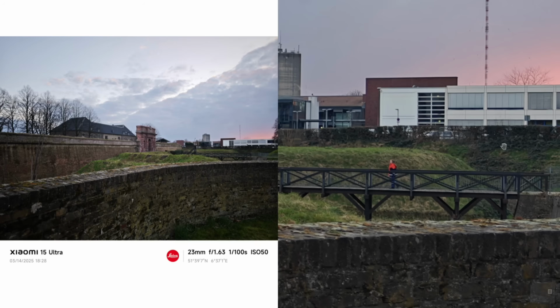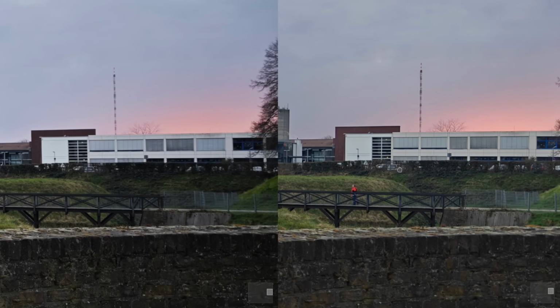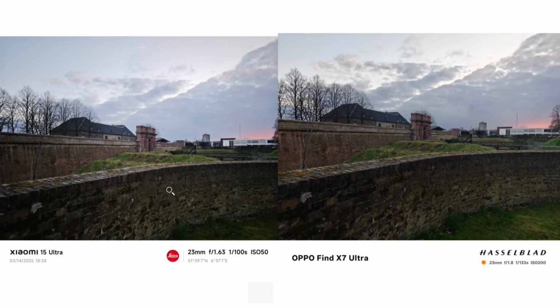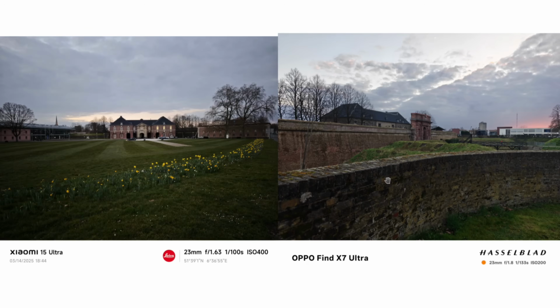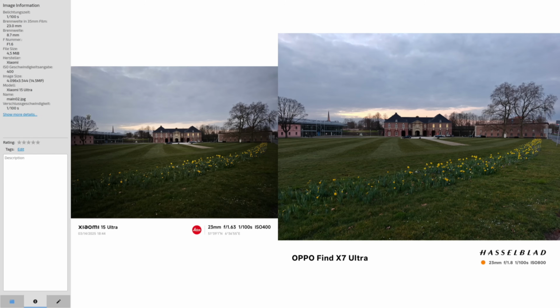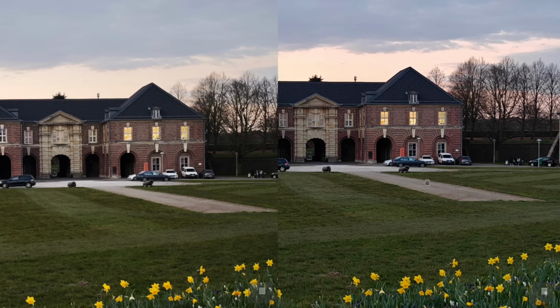But most of the time you get shots that look pretty fantastic on both and very, very indistinguishable from each other. Very Leica-like on the Xiaomi, and very accurate colors, realistic Hasselblad colors on the Oppo. And you can see it with all the other shots, slightly underexposed sometimes on the 15 Ultra. I think maybe I switched here to -0 EV. I have to check, is it somewhere written? I don't know. So the exposure is darker here, but the detail level, now without the high-res mode,